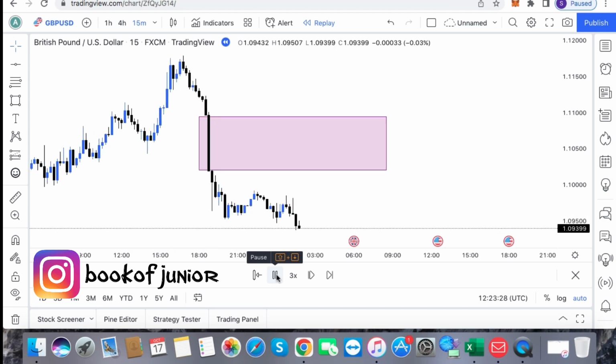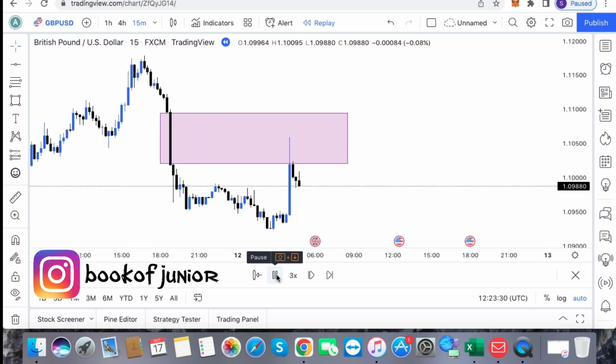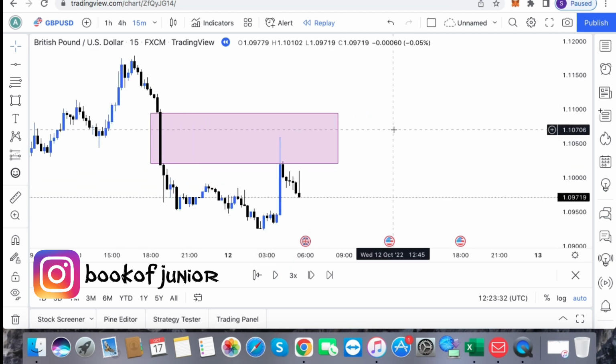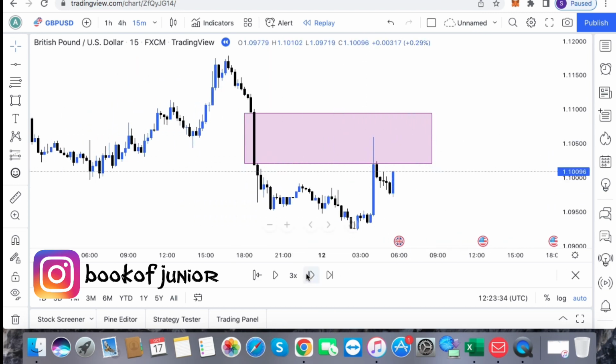As you can see, so this is what I'm looking for, guys. I'm looking for this first rejection. When price comes back to this same zone, even on this same zone, you see price tries to almost cover up this gap, to fill this gap, but again it doesn't fill the gap. So after the first rejection, now I wait for price to push down a little bit more,